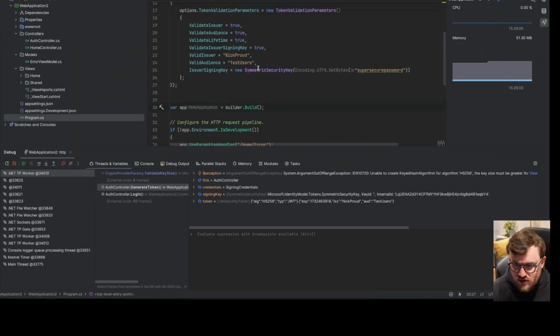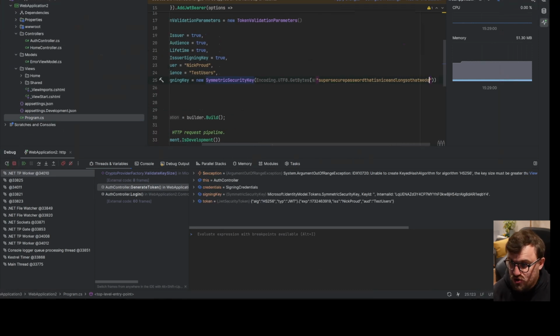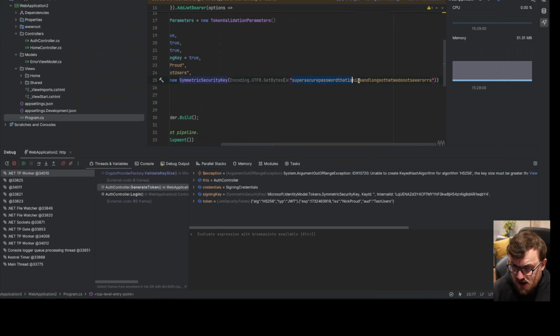So back in program.cs where we specified this key, again, you would have this in a central place. We just need to make this longer. So: super secure password that is nice and long so that we do not see errors. There we go. So I'm hoping that that should help. Let me just copy that because I know that we're using it